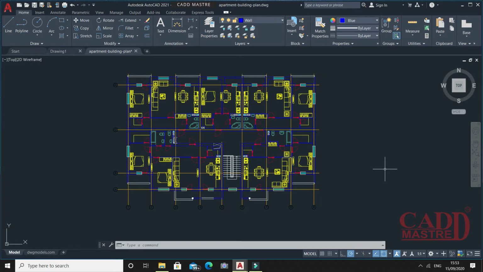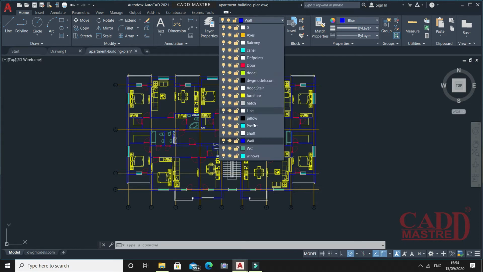Basically, what happens when we create a drawing using layers, blocks, annotations: mostly some of the features of those created items we are not going to use, and those unwanted things we want to clean up. So for that we basically use purge. For example, if you create layers, see here we have a number of layers. Might be some layers we haven't used here. So those are unwanted for us. If you want to remove the unwanted or unused layers, we basically use purge.